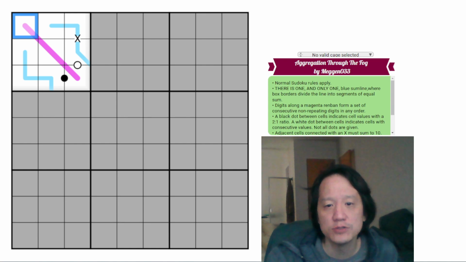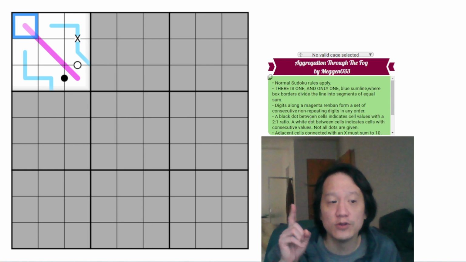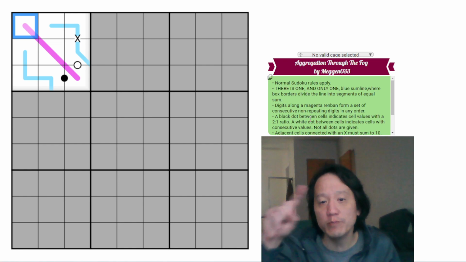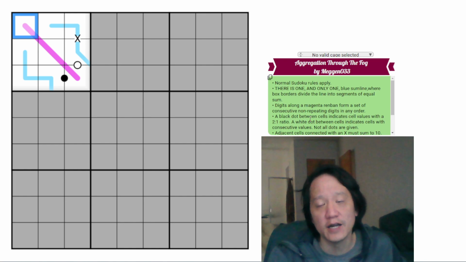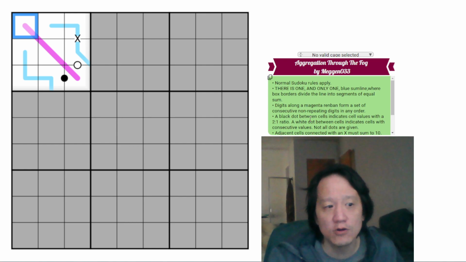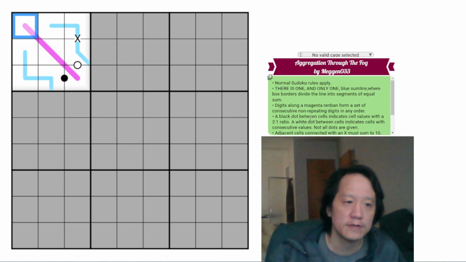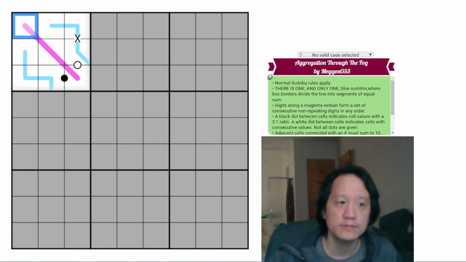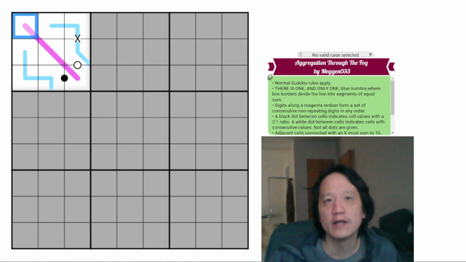So it would have to be 1, 2, and 3. And remember, they're non-repeating. So if the red band ever goes across borders, you could have potentially multiple of the same digit on the red band line, you cannot actually do that because